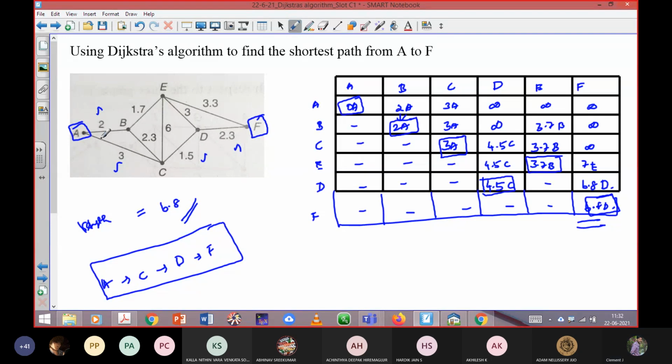Okay. Is it right? Am I right? Yes, sir. Okay. So you can just check the count of the A, B, E, F path. What is the answer? 7, sir. 7. Okay. So certainly this answer will be the correct one. You can even check with the other also. So you are getting the answer like this. So here I have just taken this problem to show you that it can come with decimals also.